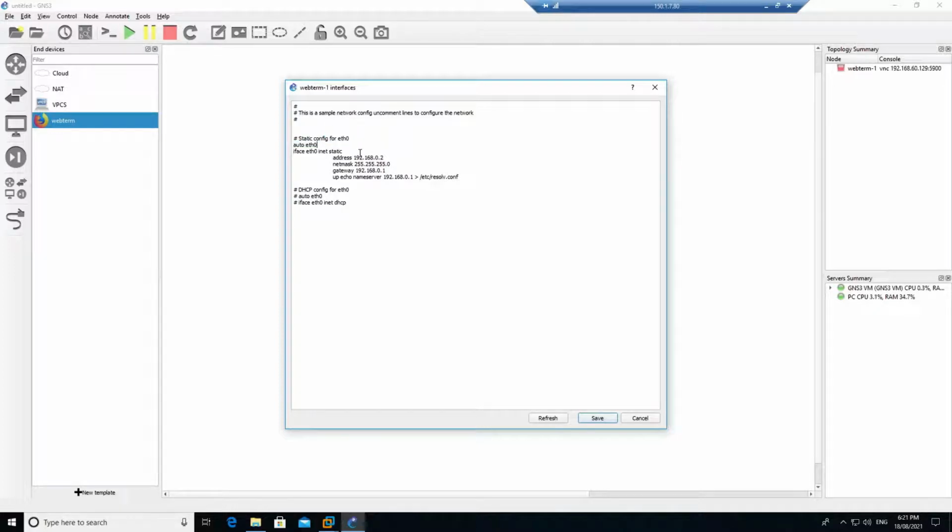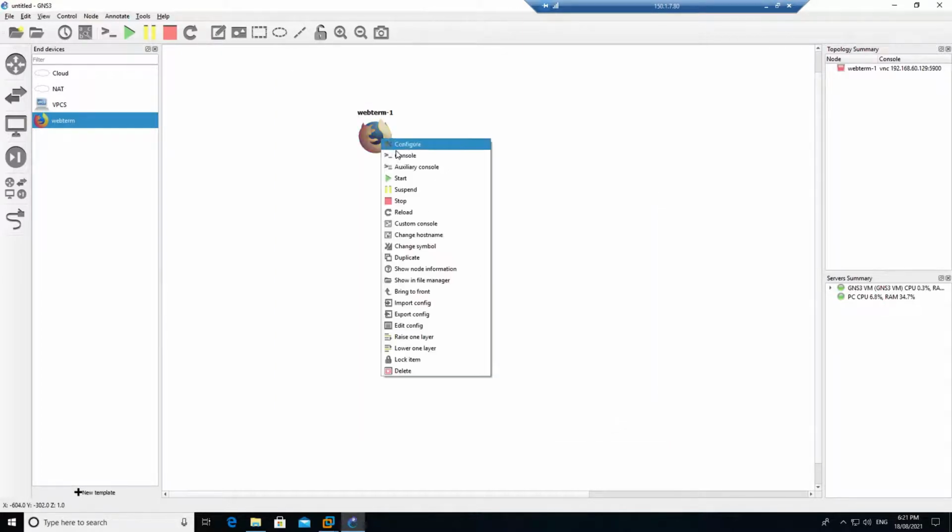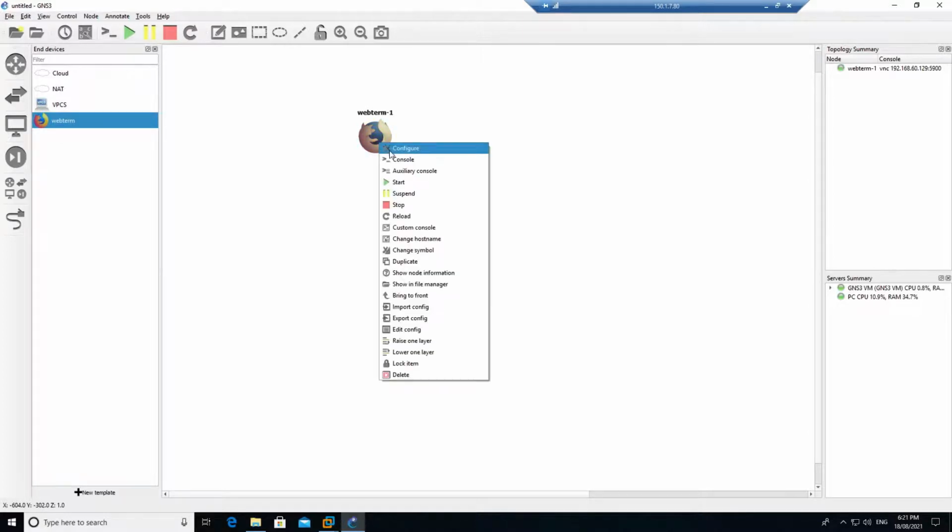In this one, I will make it a static IP address. So I will say 192.168.0.2. This is my IP address, this is my subnet mask, this is my gateway, and this will be my DNS server. Just click on save.